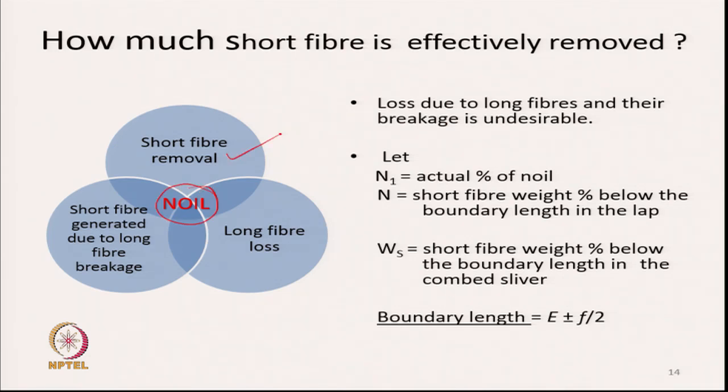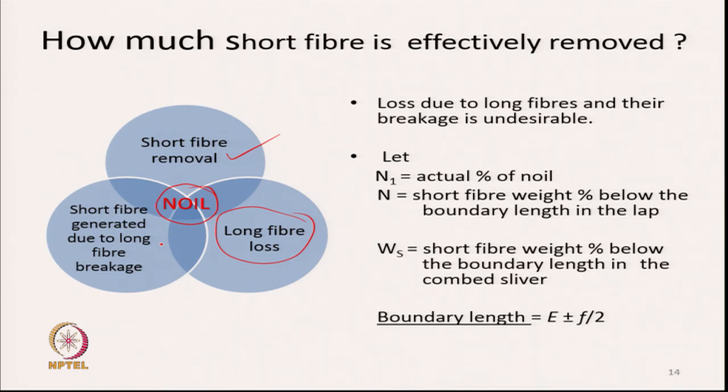So, let us say loss of, therefore, if you look at the diagram, the noil that we see is because of short fiber removal by the machine, and we also have seen some long fiber loss. We have discussed that in the noil we also find some long fibers, because some long fibers may remain folded in the lap, their extent becomes too short, and therefore they behave like short fibers while going through the combing zone, and they might be extracted as short fibers, though actually they are long, because the effective length gets shortened as they are in a folded state in the lap.